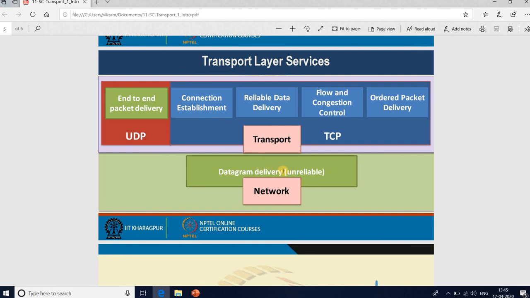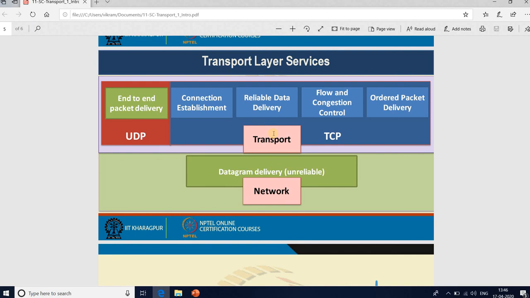The task of the network layer is to look into the destination address and accordingly forward this packet to the next hop. So the network layer basically ensures data delivery among the multiple hops in your devices.